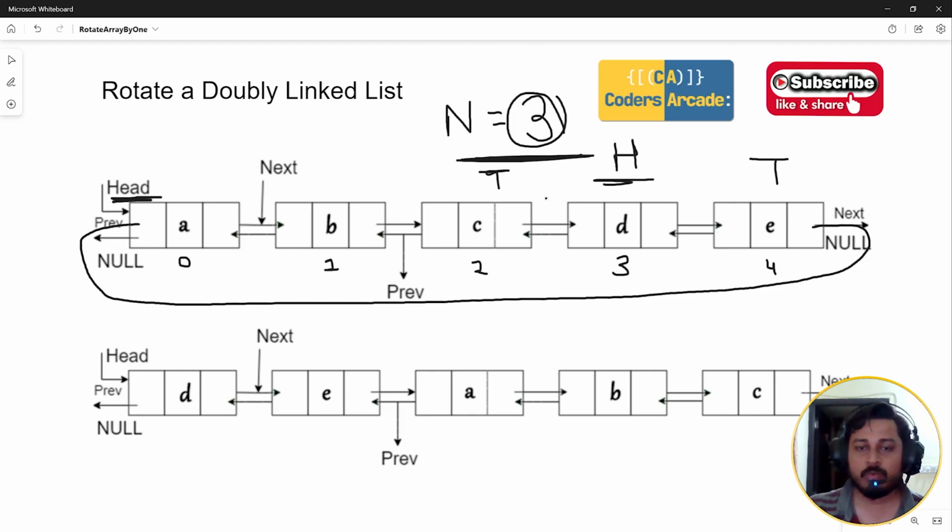Now we can break this linked list from here. We can make it non-circular, and this will become the head and this will become the tail. Understood? This is the idea here. So our first thing is